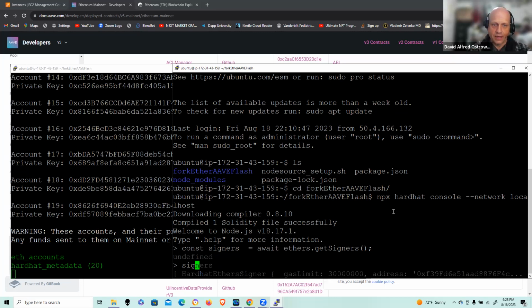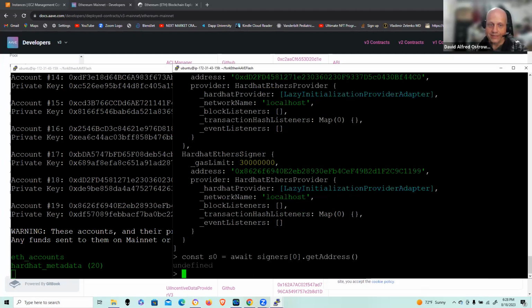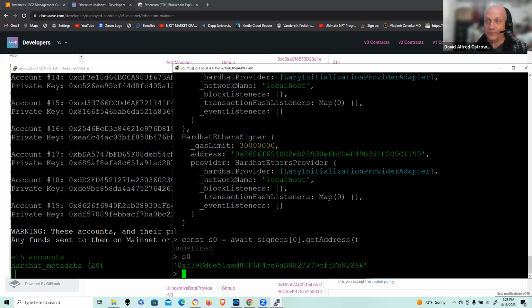I can take signers and I can demonstrate to the screen. Those are my 20 accounts that just flashed by. Okay. And I can reference them as well at will. The only one I'm really primarily interested in right now before I do my deployment, which I'm ready for, is the address of the first account. Why? Because, and I didn't specify that, interestingly, this is very similar in nature to Ganache, right? It just takes that first account by default. I could probably specify any account through the send operation if I want to